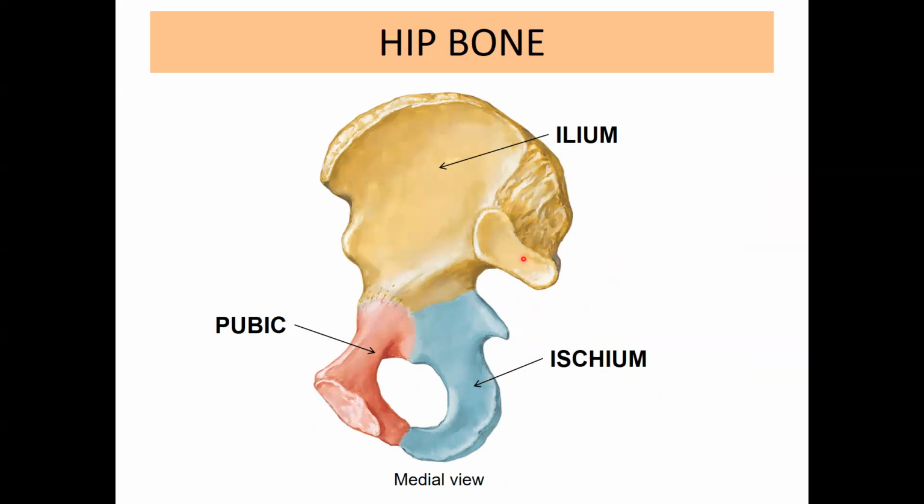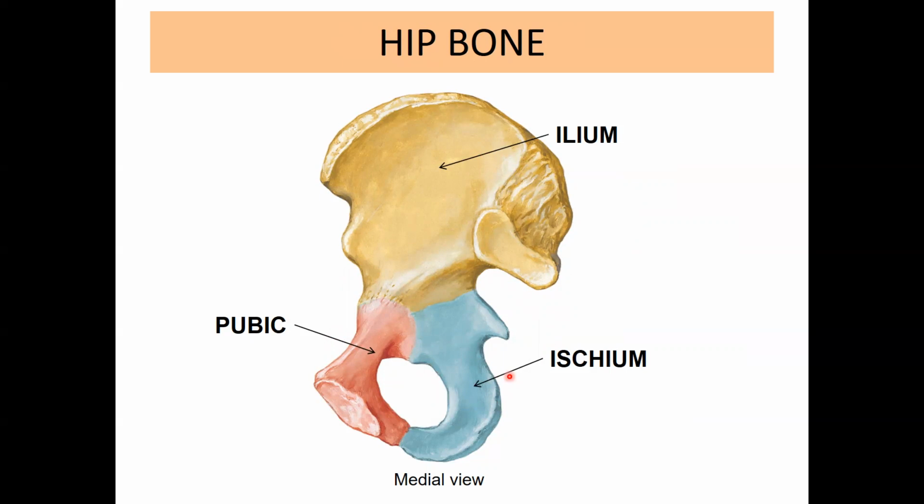Because you can see there is this surface that we call the auricular surface for articulation with the sacrum. So this is the medial view of the hip bone. This is a hip bone made of ilium superiorly, and inferiorly it has the pubic bone anteriorly and ischium